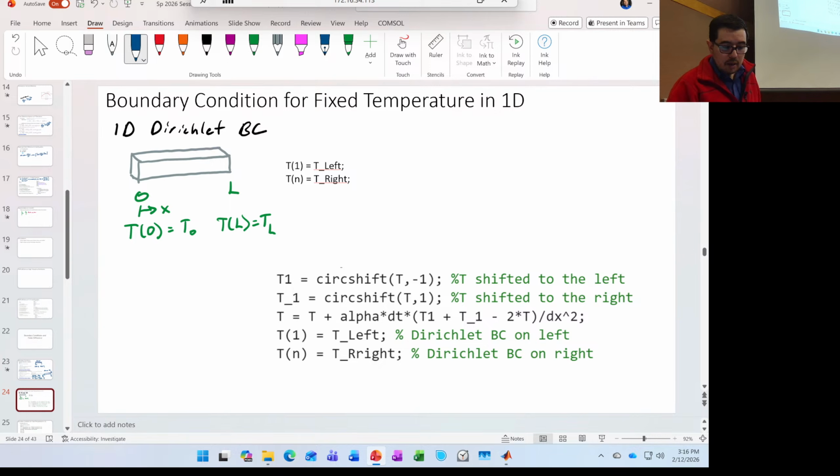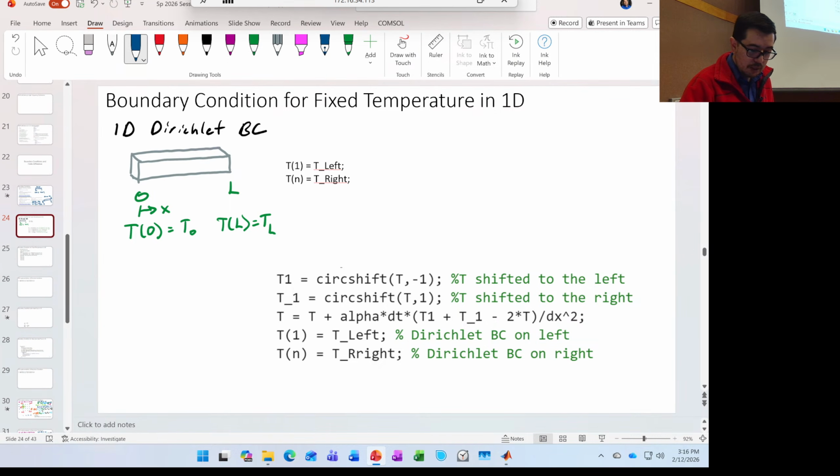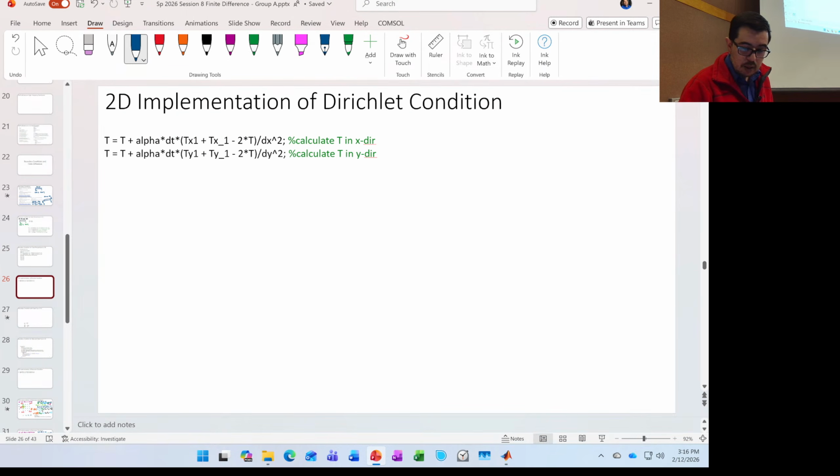So I'm kind of out of time to go through some of the details here, but you can look at the slides if you like from the previous year. That sounds lame, but it's there, okay? And when you do the actual coding, all right, you'll be able to see the code in action, all right? But let me just talk a little bit about how this gets implemented in 2D.